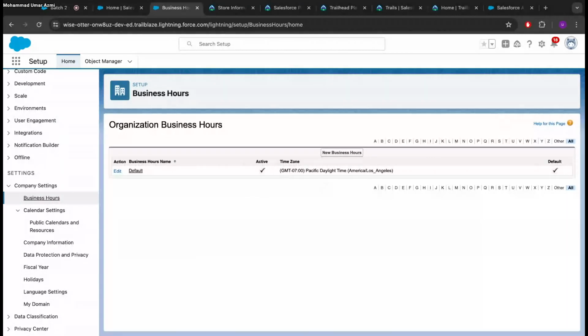Okay, and then this is called Business Hours. So let's say your company is in America, and there are certain working hours. You can set up the work hours over here. By default it is set up as Los Angeles. But let's say you work in Pakistan, then you can set up new business hours, and based on that, you can set up the holidays as